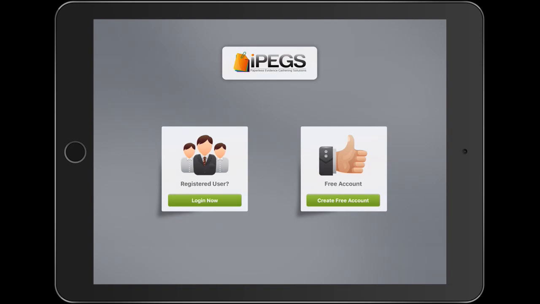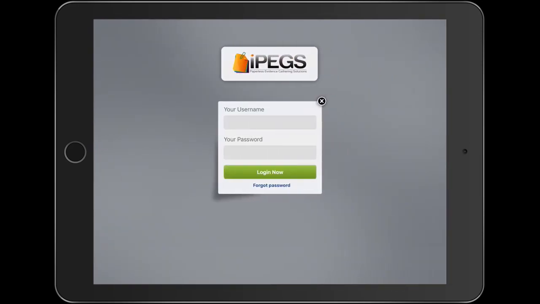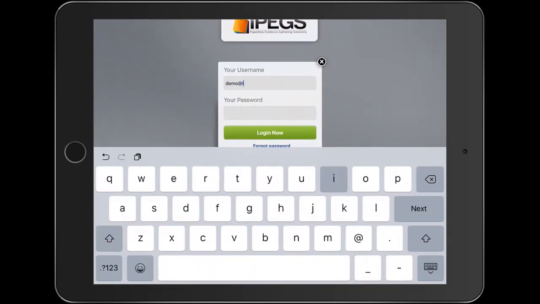You will have already been emailed your login details from the system. If you haven't already done so, please check your emails, click on the link, and you can set your own password. Once you've set your own password, click on the Login Now button and simply enter that. So I'm just going to put in our demo account